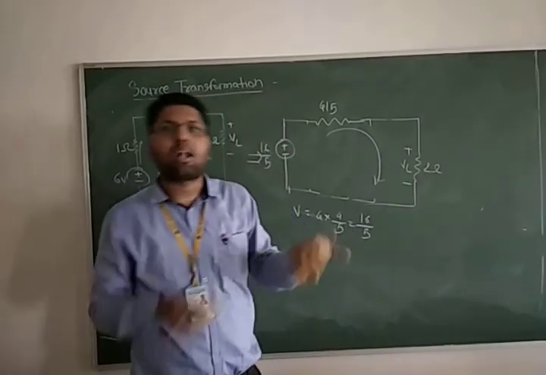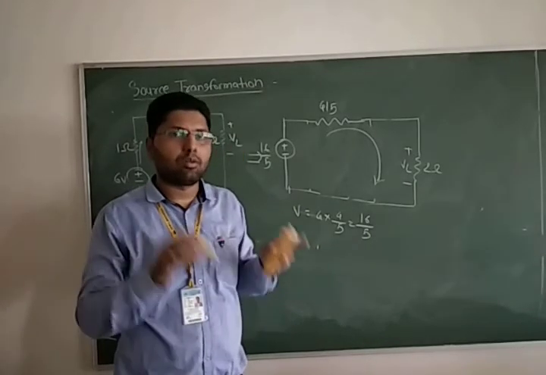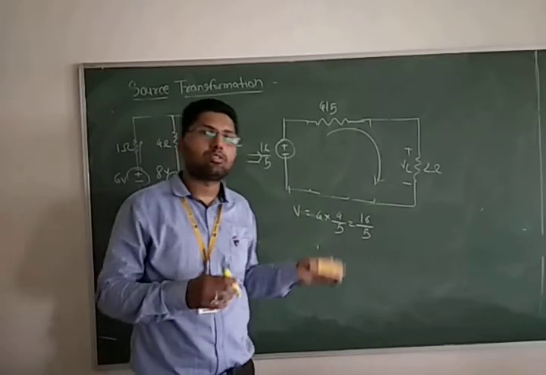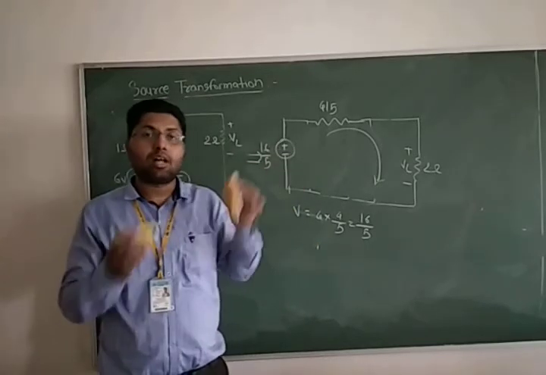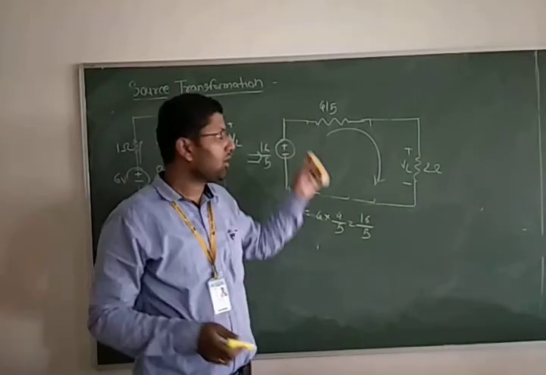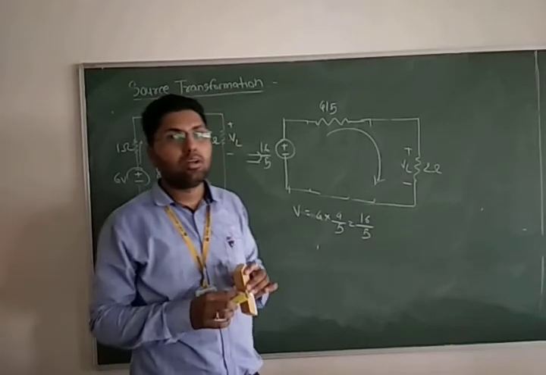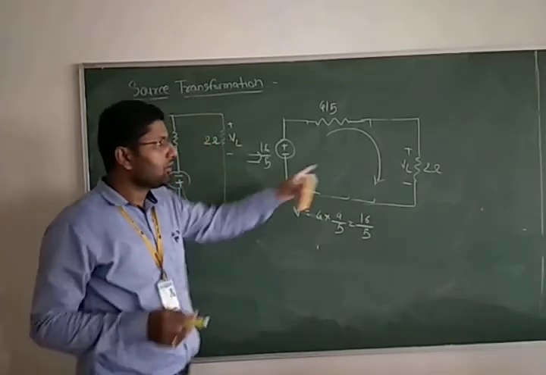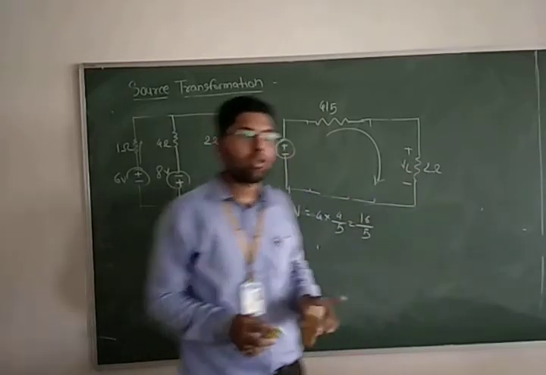You think about other ways and tell me, solve that with your way and send me on the WhatsApp group. So I will see what the other ways are. One more way is remaining. If you can find out the third way to calculate the current through that 2 ohm resistance and find out the voltage, tell me.